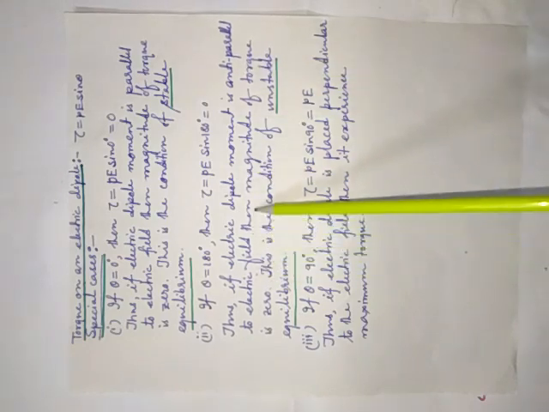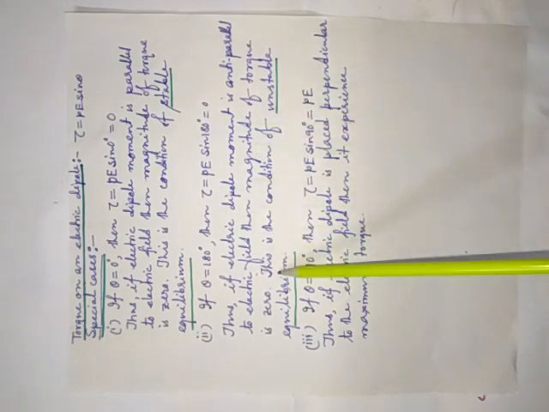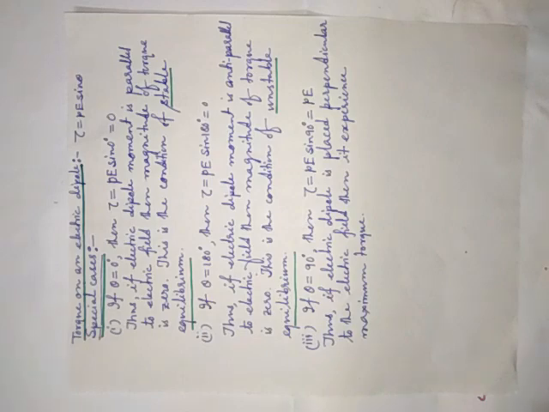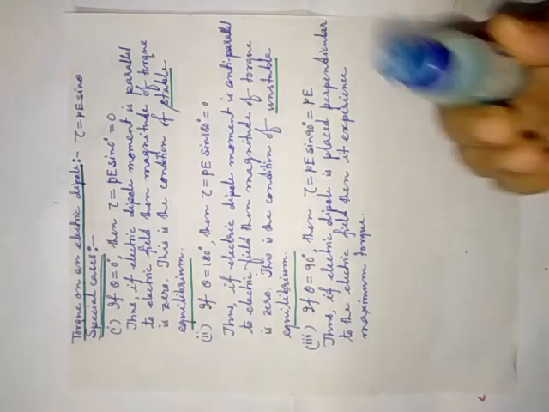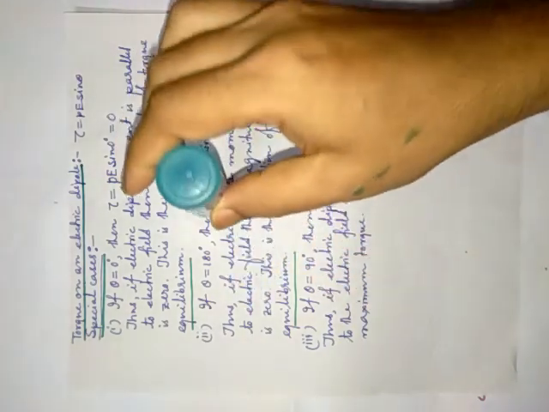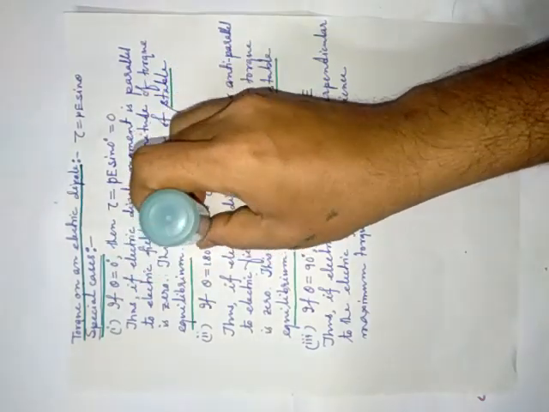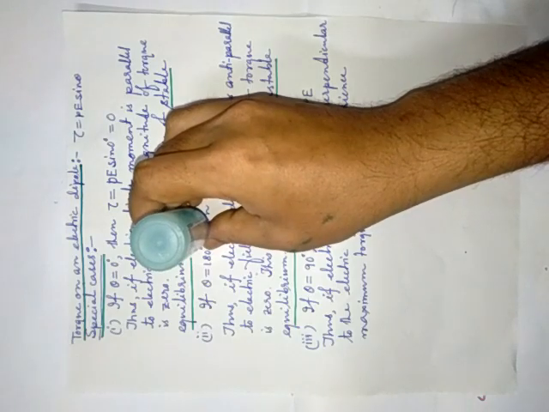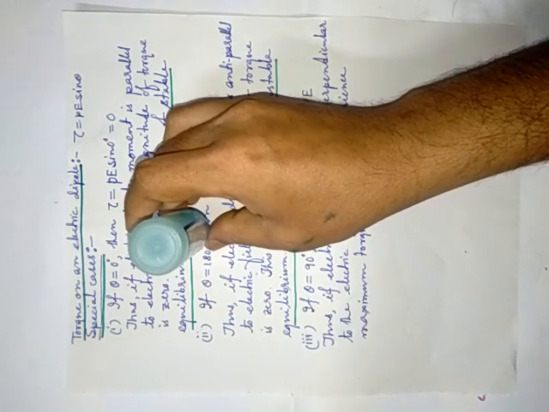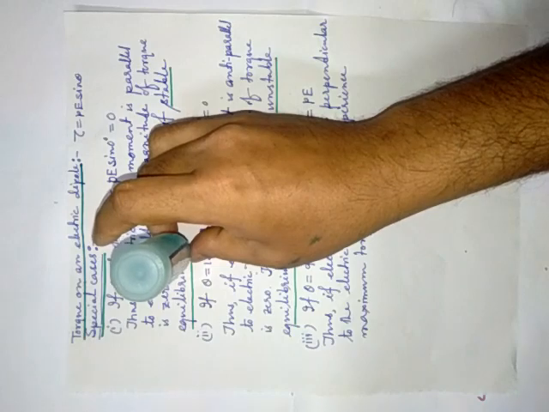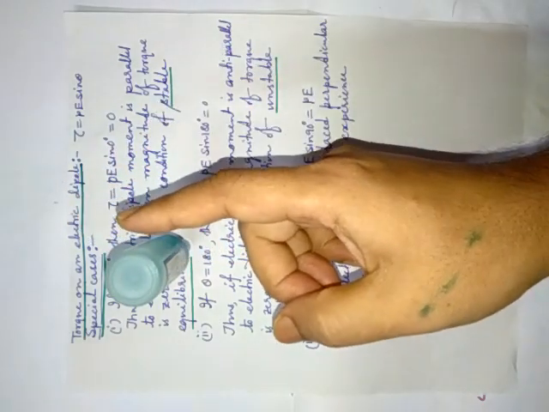That means, if the electric dipole moment is antiparallel to the electric field, then the magnitude of torque is 0, but this is the condition of unstable equilibrium. Unstable equilibrium: suppose this time I want to alter this bottle. See here, the bottle. Suppose you are standing on one leg. If I disturb this one, it will never come back to its earlier position. This is the unstable equilibrium.